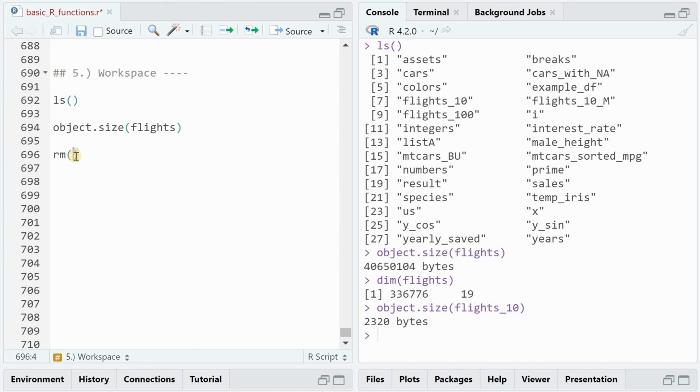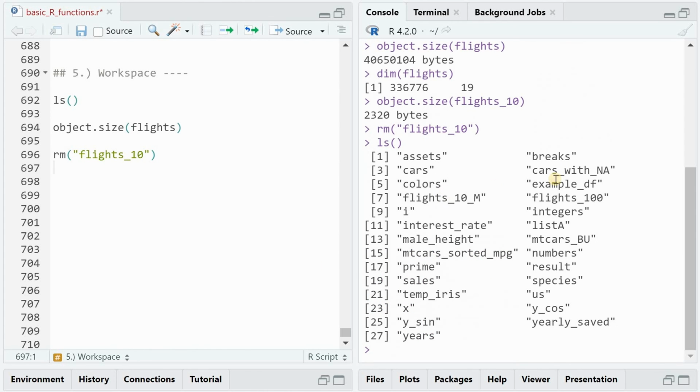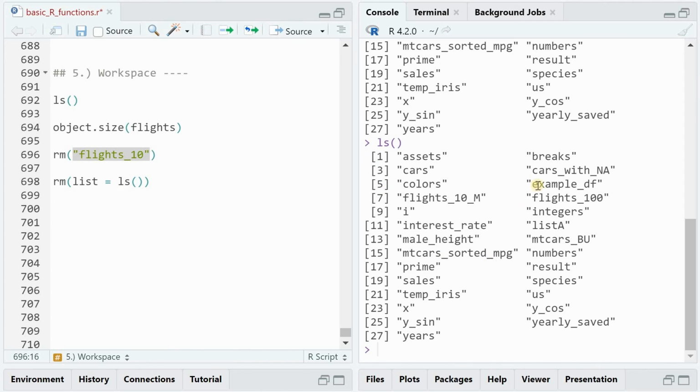You could remove an object like flights10, and now it's not there anymore. If you want to remove all the objects, then you can hand over a list that holds the name of ls. So this would not work on a single character, but a list of all of these objects. So it's often good to include this line of code at the beginning of your script to clear your entire workspace. You could save all the objects you have created during your analysis by creating a file, for example,